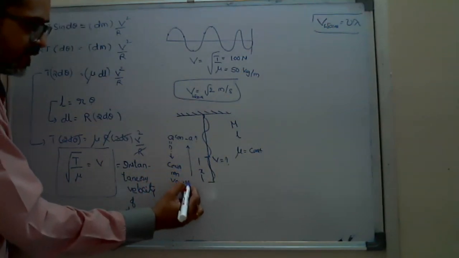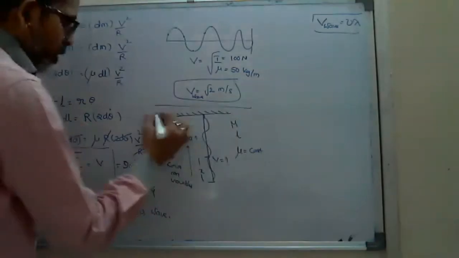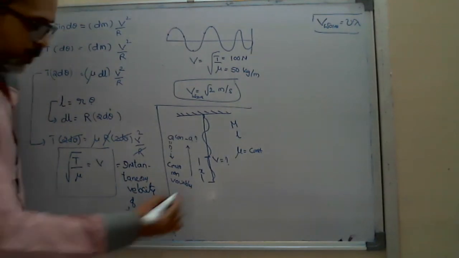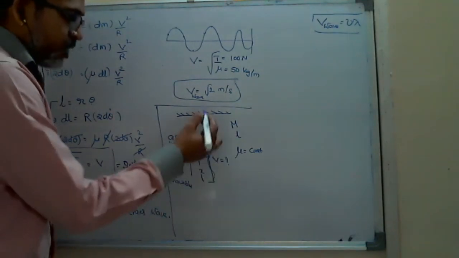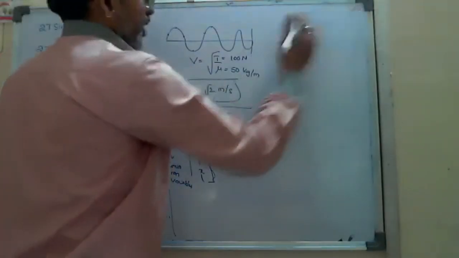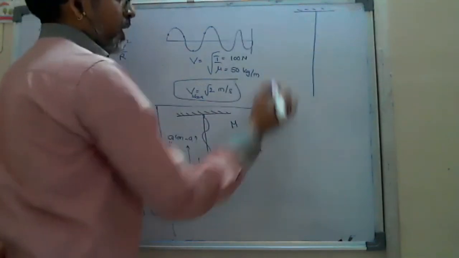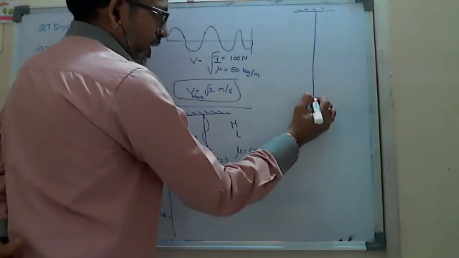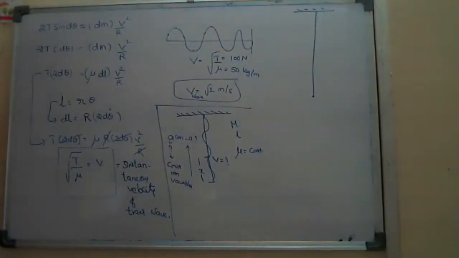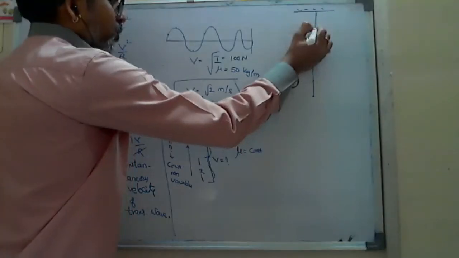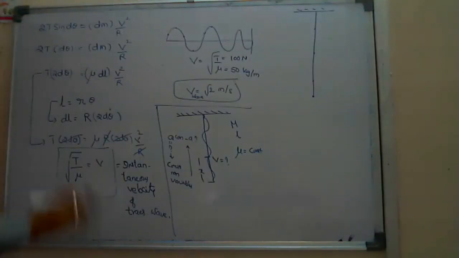Many questions are there related to only one topic, so one by one, let us see. Suppose the transverse wave is generated in the string of length L. Here I am taking the picture clearly. At any point in the string, the instantaneous velocity equals root of T by mu.